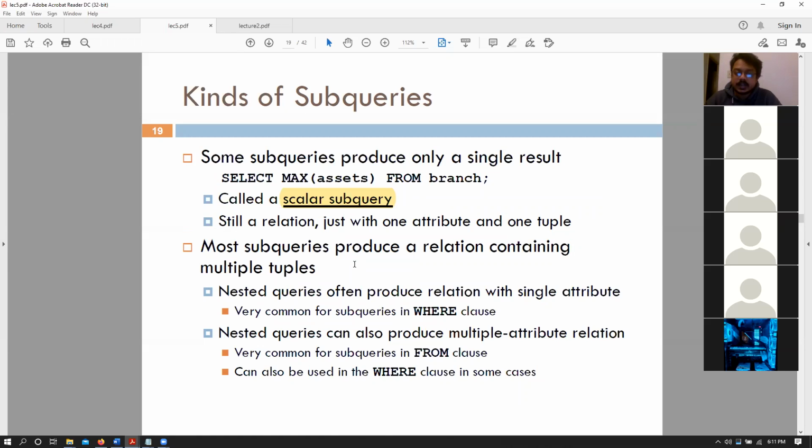So this kind of statement in relational algebra is called a scalar value. In SQL queries, these are called just relations. However, they can also be used as scalar values. So we can use the result of this operation to select something from another table. Right, so select the branch name that has the maximum asset. So basically something like this would be a nested subquery.